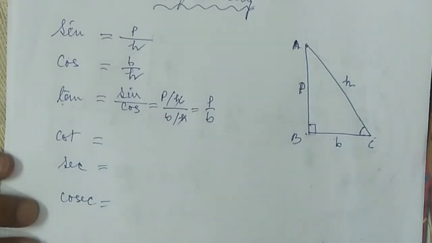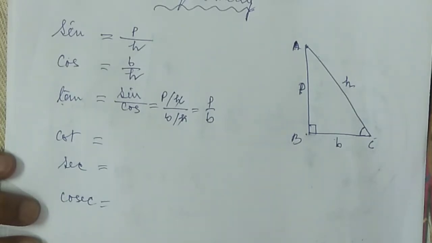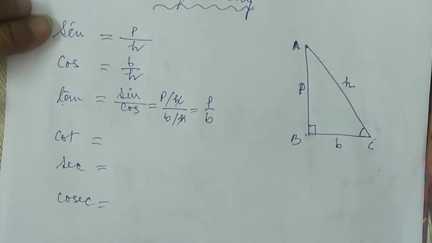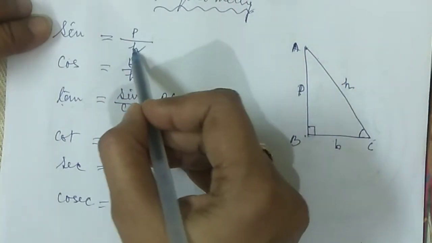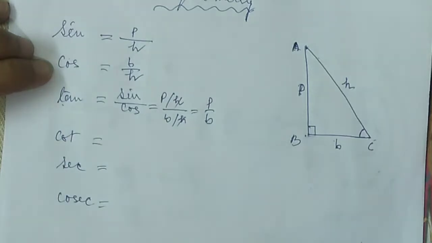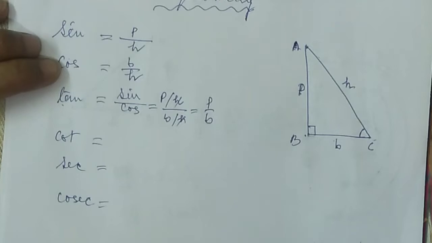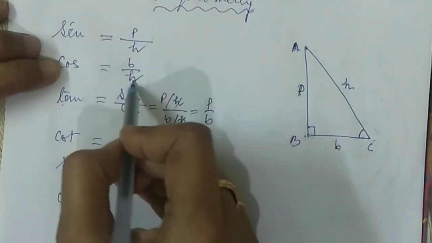Now how to apply this? See, from the word some, S is taken. S means sine. From the word people, P will be taken. And from the word have, H is taken. Therefore, sine is equal to P by H. Secondly, from curly we will take C. C means cos. Brown will take B, hair we will take H. So cos is equal to B by H.